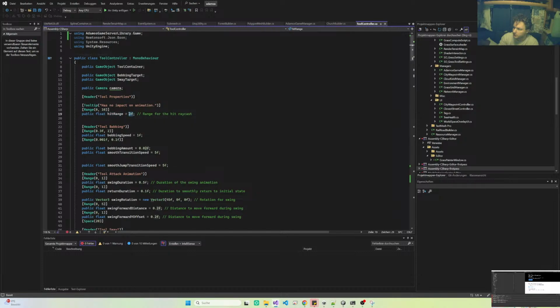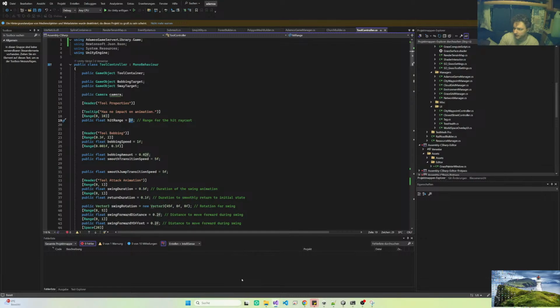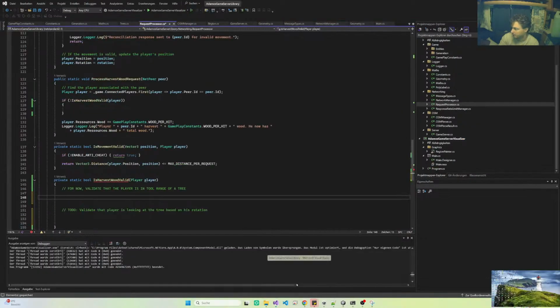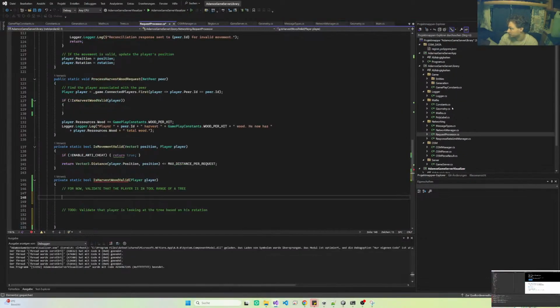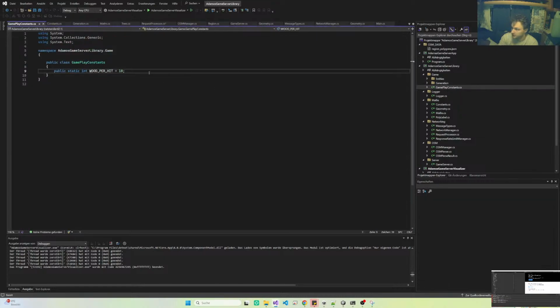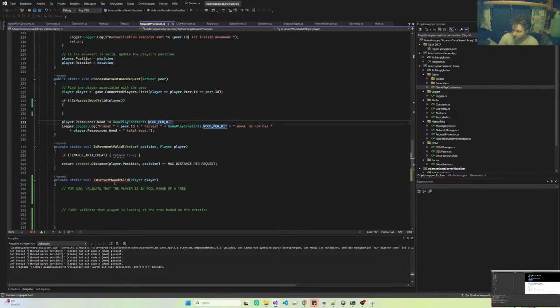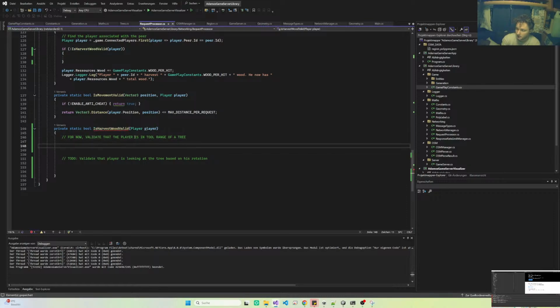The hit range here is 2F, so it's 2, and we're gonna steal that again from the server. So where's the hit range? Gameplay constants. This is gonna be X hit range is 2, and then here, so